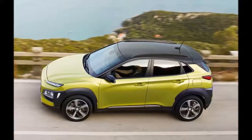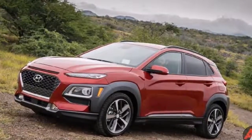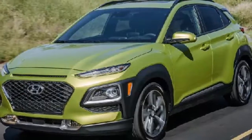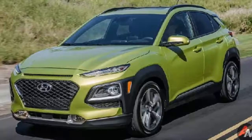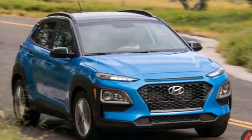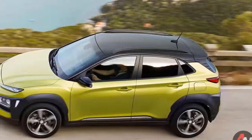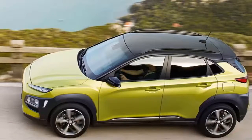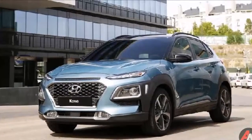The 2018 Hyundai Kona has certainly impressed us, at least in its turbocharged, all-wheel drive form. It makes healthy power, 175 horsepower and 195 pound-feet of torque to hustle around town and up on ramps. It also has a playful chassis and suspension that provide responsive handling with minimal body roll. But Hyundai also offers the Kona with a naturally aspirated 2.0-liter four-cylinder making just 147 horsepower and 132 pound-feet of